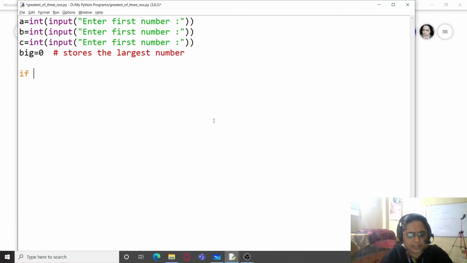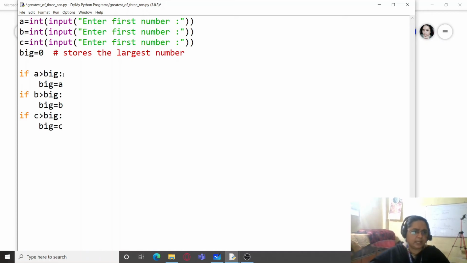Now, if A is greater than big, so big is equal to A. Then we will be checking if B is greater than big, so big is equal to B. If C is greater than big, big is equal to C.